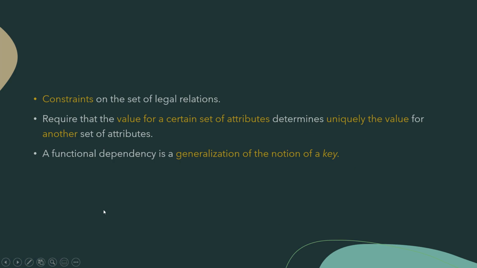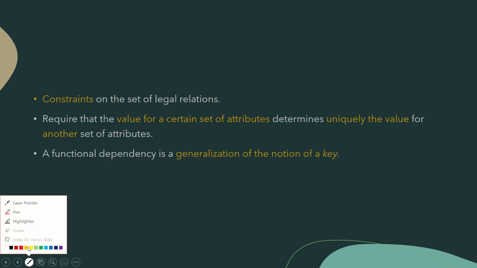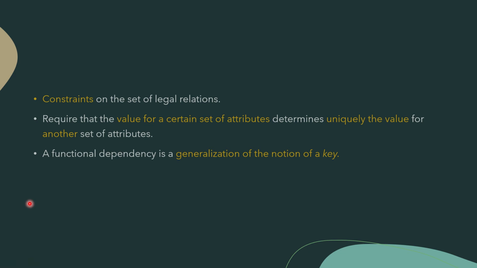So we already started normalization with the concept of normalization, the goals of normalization, and different types of normal forms, in which we studied the first normal form and its conditions, and the second normal form, the main conditions that the table should satisfy in order to make a table into second normal form.